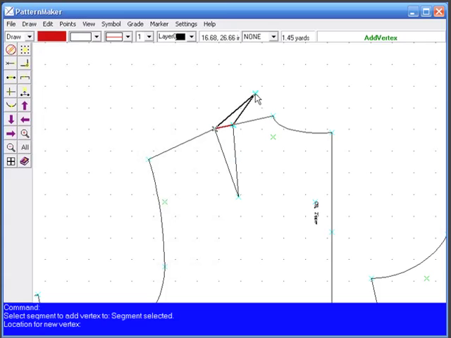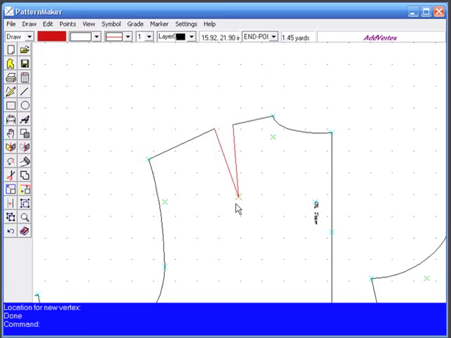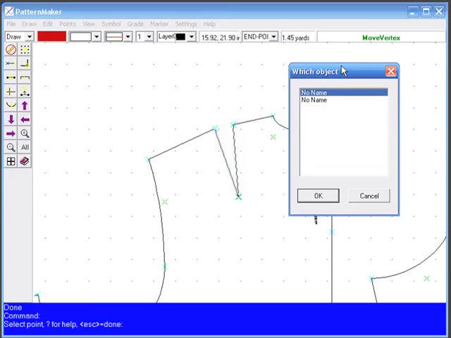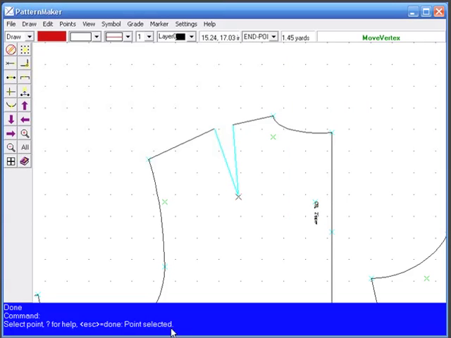Now if you pull that added vertex, you can turn back on your snap to end point, and now you've got your dart. So we're going to move the vertex, and it asks me which object I want to move. Do I want to move this segment, or do I want to move the vertex that's connected to the larger one? That's the one I want to move, so I click OK, point selected,